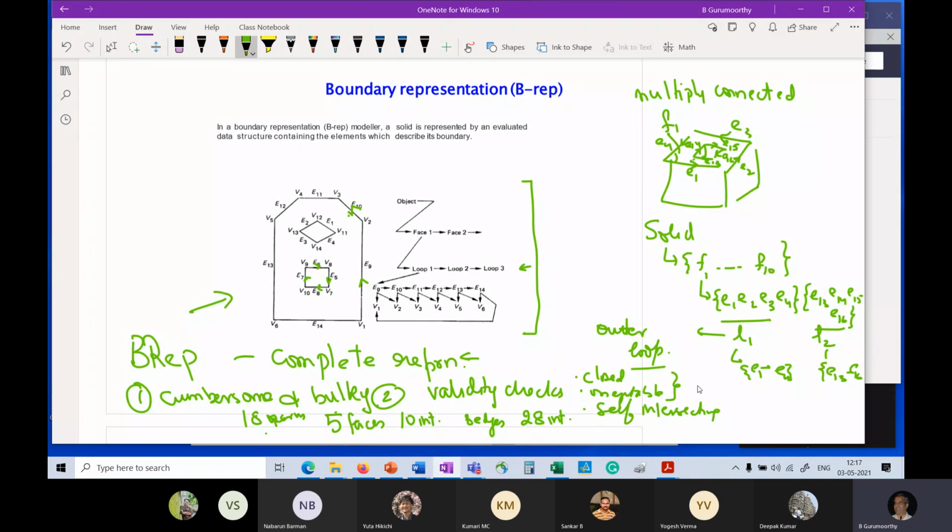And so we concluded that based on these two observations, that A, you have to put in too much effort in defining this, and B, even after defining this, there is a lot of effort involved in ensuring that what you have defined represents the valid solid. We cannot expect the designer or the person who is modeling the part to construct the boundary representation ab initio. This is not possible. Or rather, I should not say possible, but feasible, right? It's not a convenient option for the user.